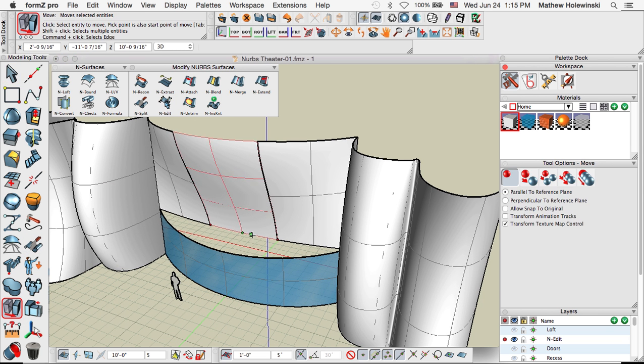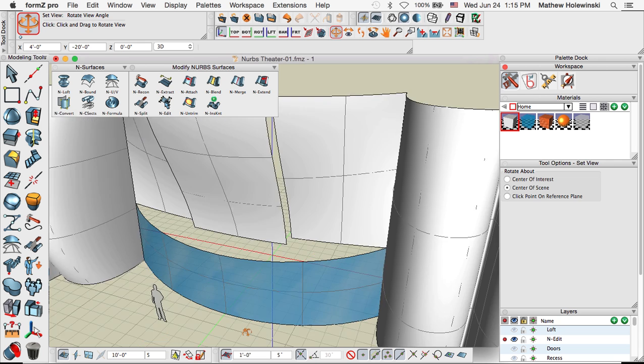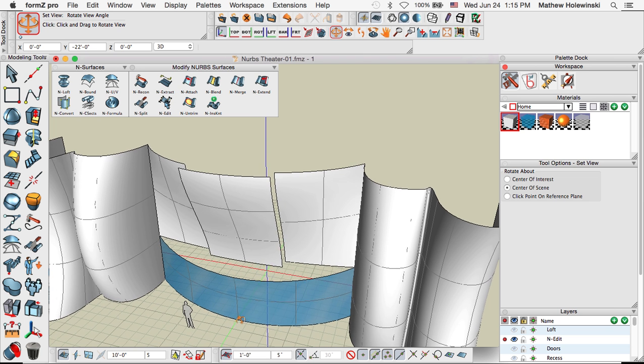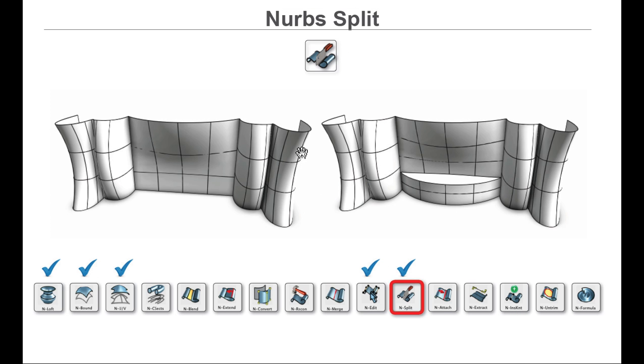And if I were to move and grab this piece and just drag it out a little bit, I can type in a numeric distance if I want. And there we go. So now if I blend this back in with these, we get sort of the nice scalloped look to the front facade there. Now, I want to create a little more of a gap here,